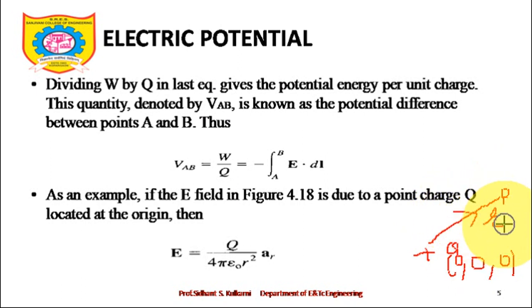So how do you write the electric field equation? The electric field equation is written as q divided by 4 pi epsilon R square AR bar. AR bar is equal to R bar upon the magnitude of R bar, that you already know. There will be certain coordinates for P, let's say x comma y comma z. If I want to calculate AR bar, it will be (x minus 0) x bar, (y minus 0) y bar, (z minus 0) z bar, divided by its modulus, that is under root x square plus y square plus z square. So E bar will be calculated as q upon 4 pi epsilon r square AR bar.